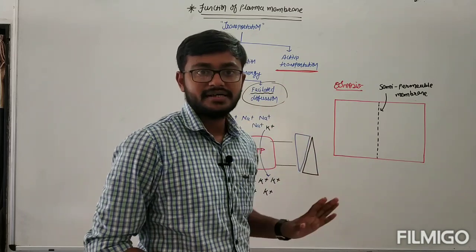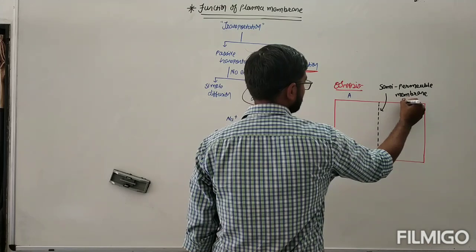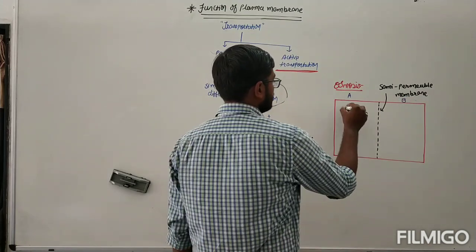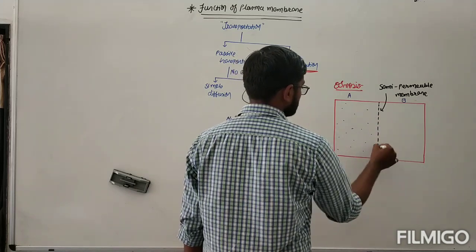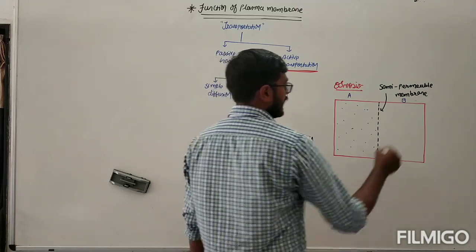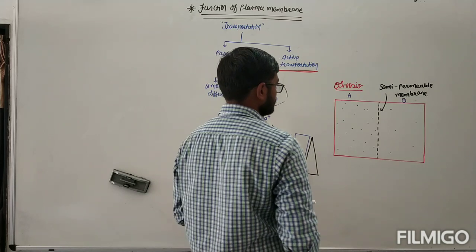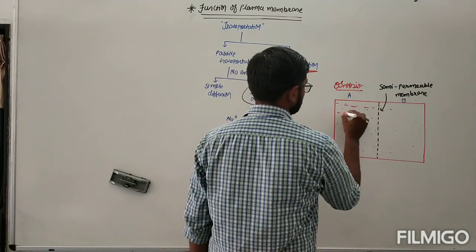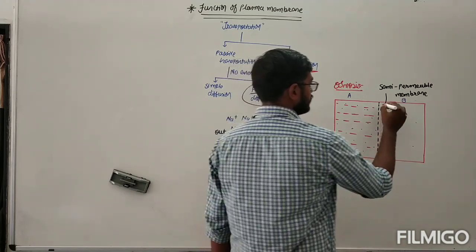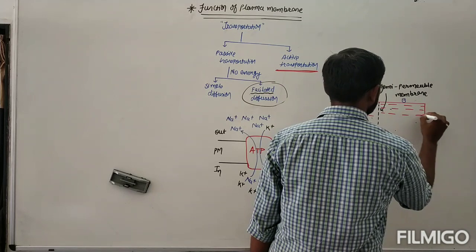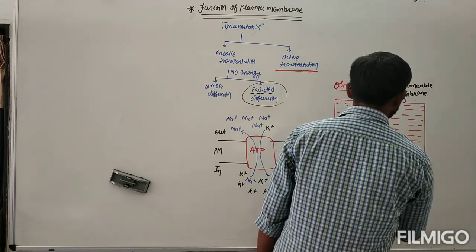A solute cannot pass. So here, on putting a semi-permeable membrane, the box is divided into two different portions, A and B. In A, I am placing a higher amount of solute molecules. The concentration of solute is higher over here, and in B the concentration of solute is less. In contrast, the concentration of water in A is less, and the concentration of water inside B is higher.